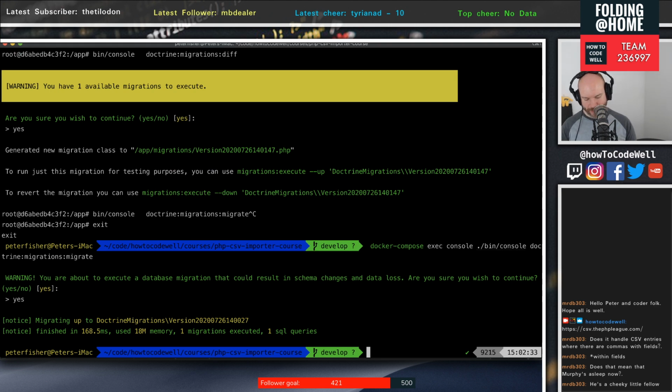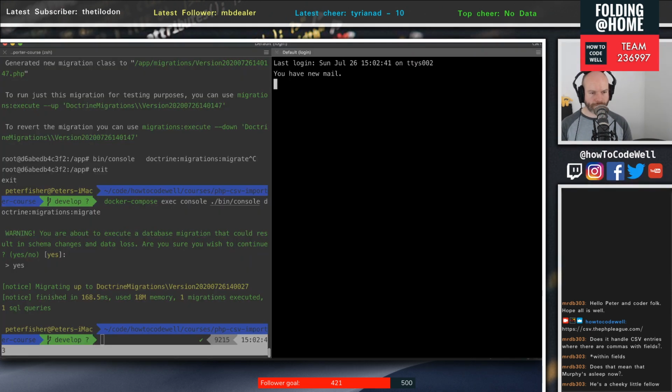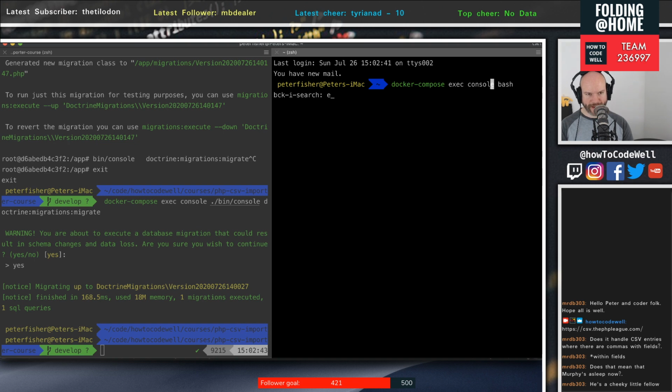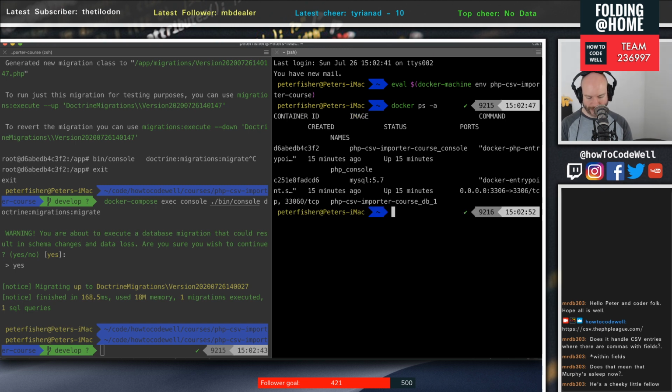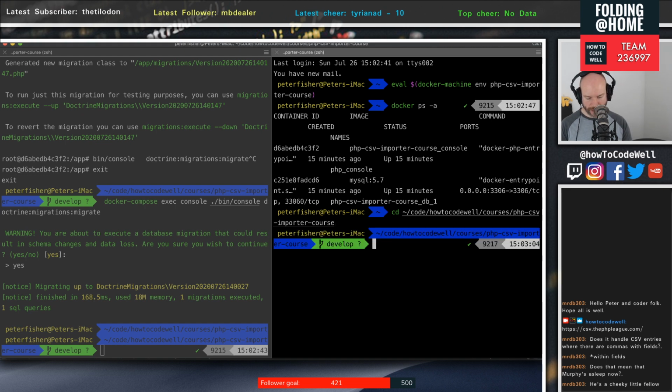Woo! So we should have a database with that in there now. So let's have a look at that. So I'm just going to bring that over there. We will evaluate the CSV importer course. So docker ps -a, we should have the database, and if we did docker compose, let's get to the courses PHP CSV importer course, and then from here, if we did docker compose exec